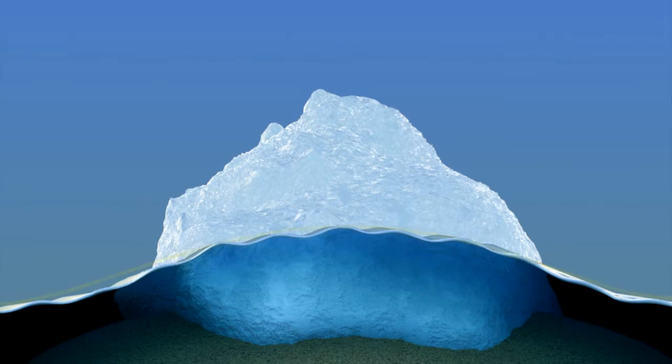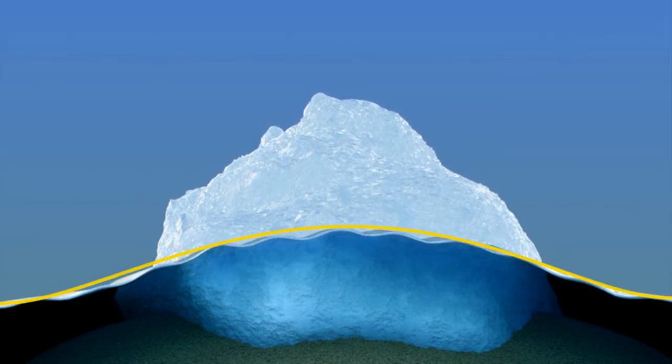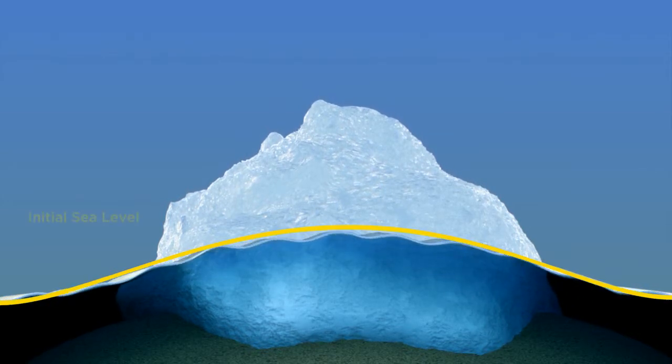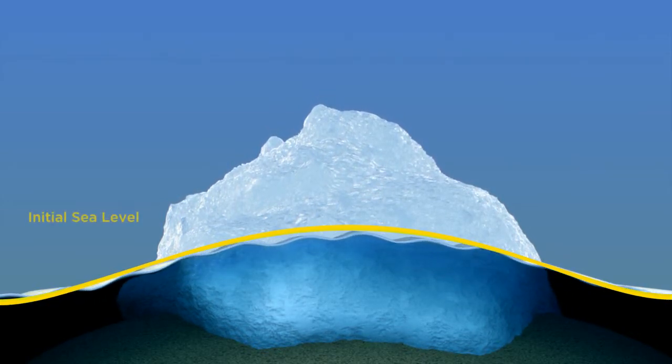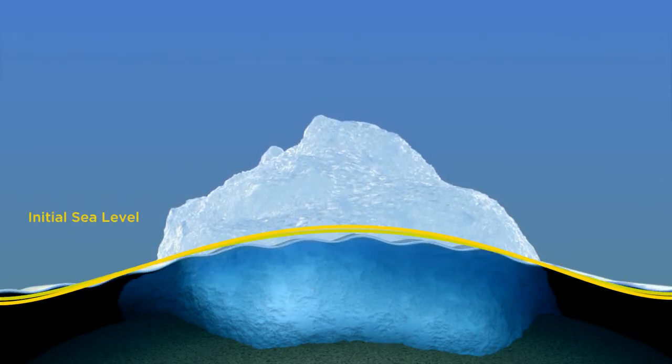But you're reducing the gravitational attraction of the ice sheet on the water. And actually, water will migrate away from a melting ice sheet, right? Because of these gravitational effects. Thus, near a melting ice sheet, two opposing effects influence local sea level. A weakening gravitational attraction lowers the sea near the ice sheet, while at the same time, water flowing into the